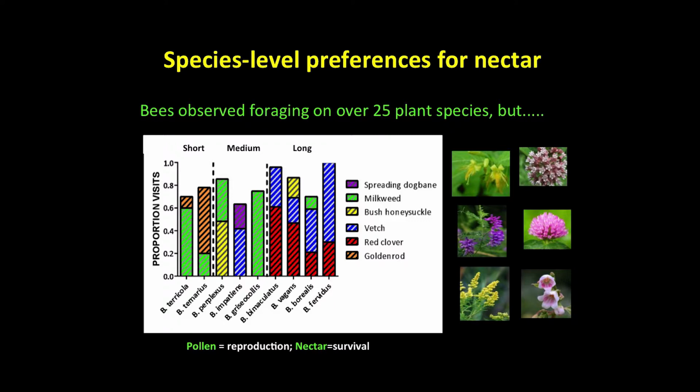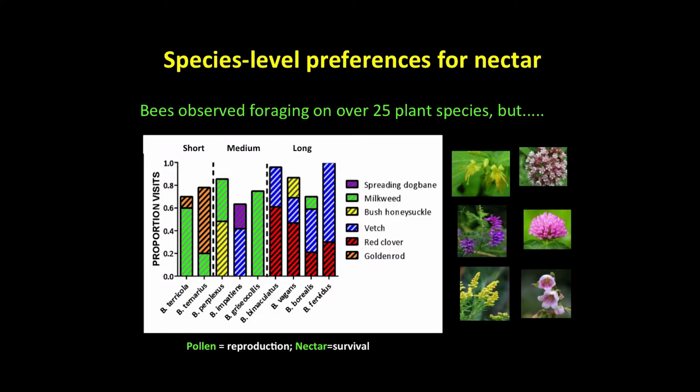And so a lot of this can be explained based on tongue length, right? Long tongue bees fit with tubular flowers because they have a competitive advantage. But even within that, we can see that with bush honeysuckle and milkweed, some of these longer tongue bees like the milkweed and bush honeysuckle. Especially here, the medium tongue bees, Bombus chrysiocolis is pretty much a milkweed